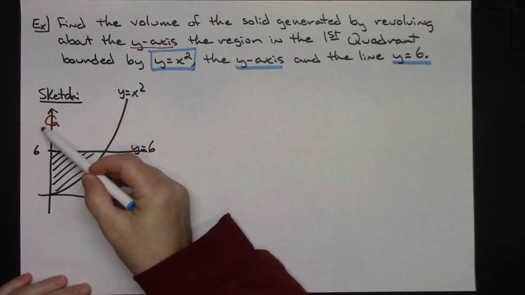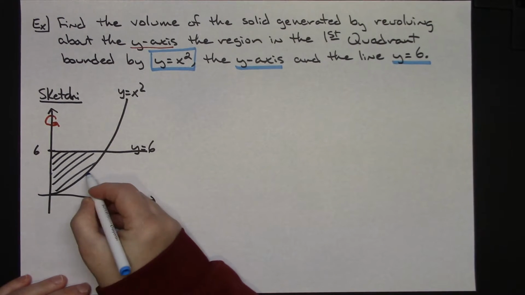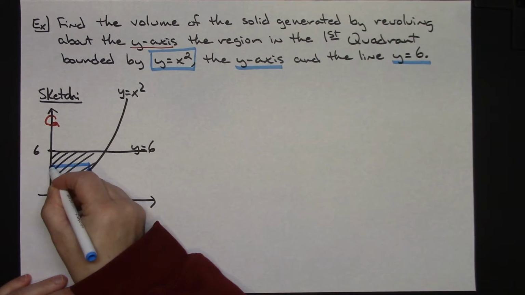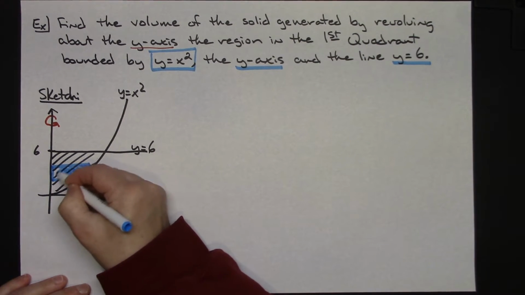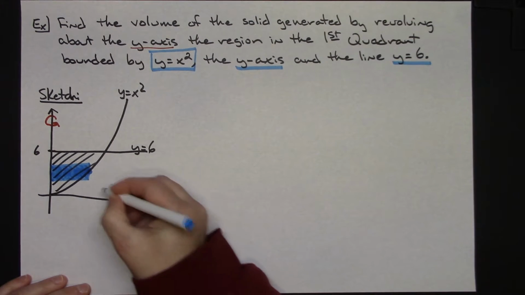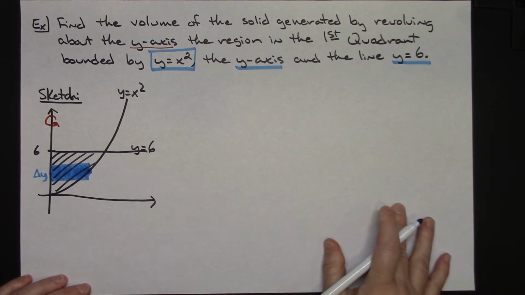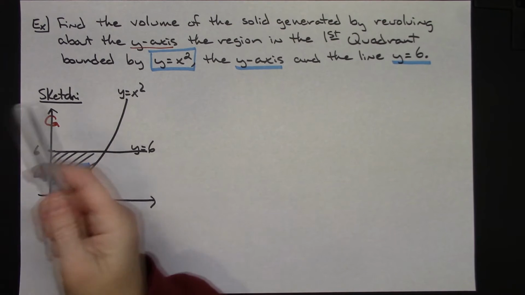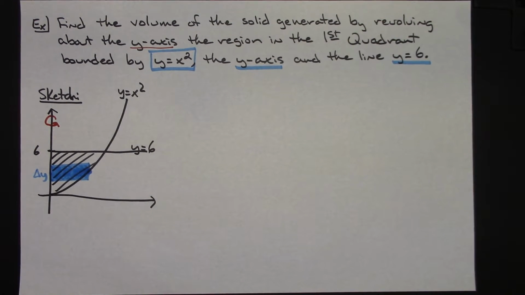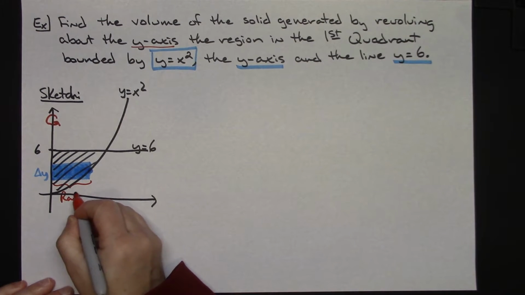I'm going to be revolving around the y-axis, so that means my representative rectangle has to touch my y-axis. Representative rectangle. Now, how wide that is, that's going to be a delta y. And you can think of this as being the radius of that disk, because as I revolve around that y-axis, this right here, the distance there, will be the radius of my disk,